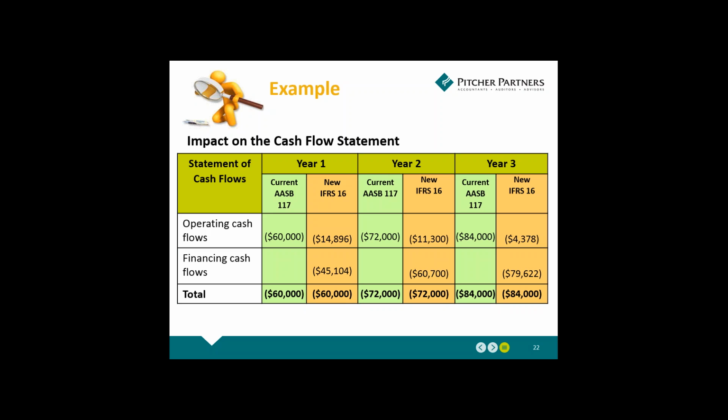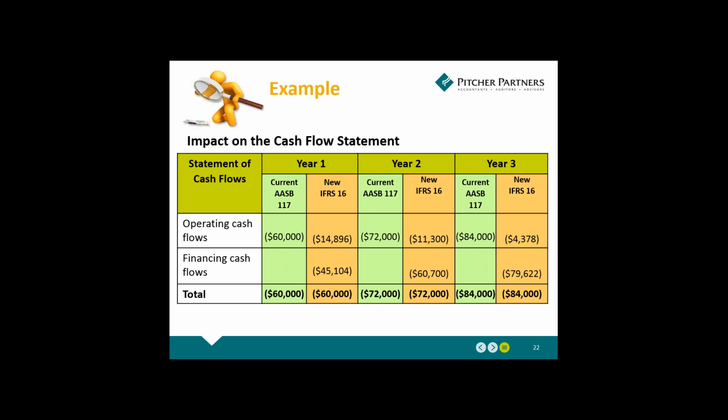So there is an actual potential to have currently an operating cash flow in year one of an outflow of 60,000, and with the new IFRS 16, it's got no impact on operating cash flows, but it actually has a financing cash outflow of 60,000 if that's what you want to do. Personally, I've always liked to split the interest to go to operating cash flows, and the repayment of the capital to go in the financing cash flows. So overall, it doesn't have an impact on cash flow, but it does have an impact on the presentation in your cash flow statement.